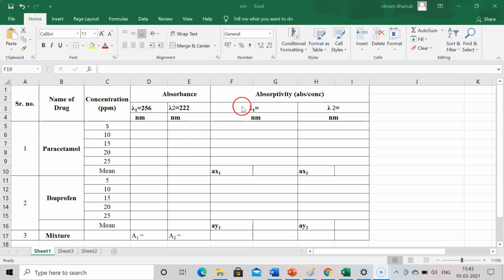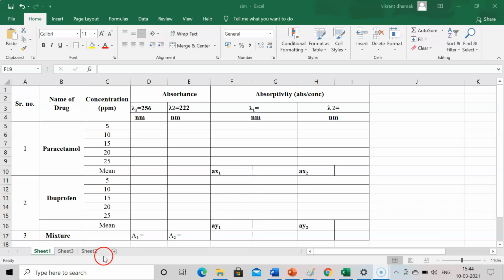After that you need to calculate the absorptivity at lambda max 256 and lambda max 222. For absorptivity, absorbance is divided by concentration. So here you can make the calculations, absorbance divided by concentration. I will show you how to make the calculations in Excel. After that you will get a mean of AX1 and AX2 as well as AY1 and AY2. So directly you can calculate the means and absorptivity with the help of Excel. I will show